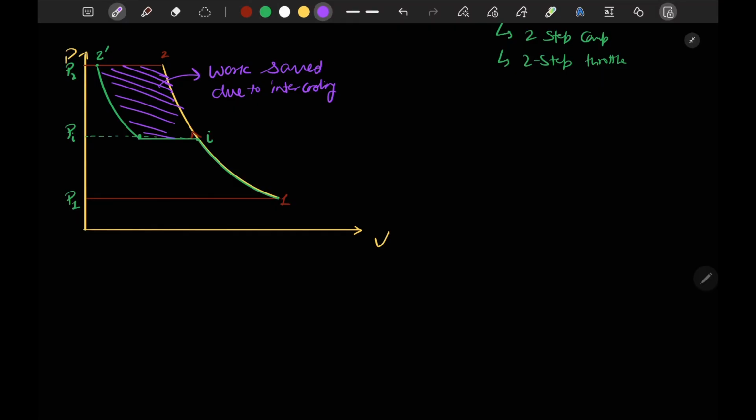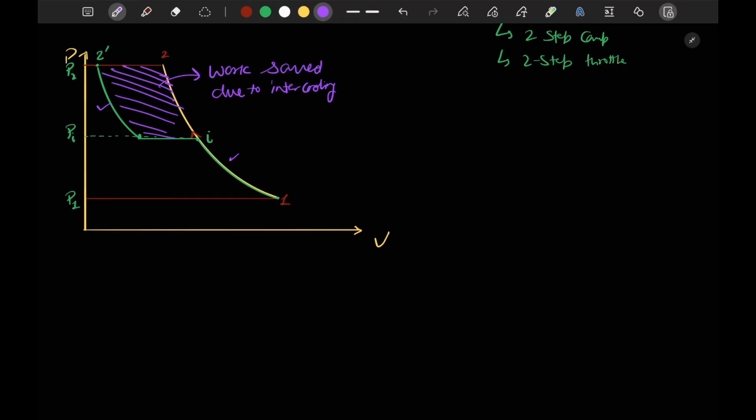And so we can say that for any compression pressure, if we want to decrease the work, we can do it in 2 steps: stage 1 and stage 2. 2-stage compression is also known as multi-stage compression. And if we do it in more than 2 steps, then the reduction in the work input will be more. But in that case, the initial cost of the system will be very high, and that is not advisable for low cost systems. We will do that only when required, and that we will study in our power plant subject.